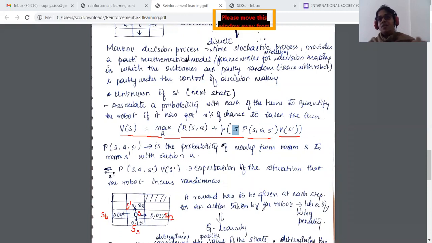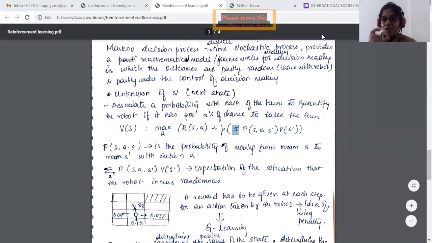So in order to give the reward, we normally consider this idea of living penalty, where we are transforming all these things into Q learning. Okay. So this is a very important algorithm, Q learning. I'll tell you what this Q learning is. We have only a small part of it left. I think I can finish that.